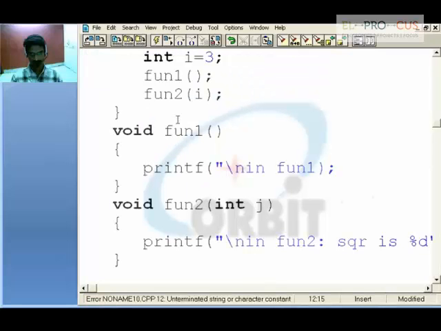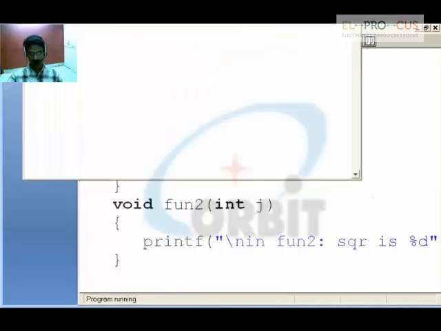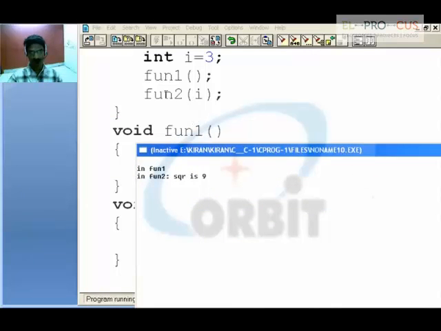So in main I am calling the first function, and so I say in function 1, later on in function 2 I am passing the variable i which holds 3. There in function 2 the square happens, j into j, that is 3 into 3, 9 is printed on the